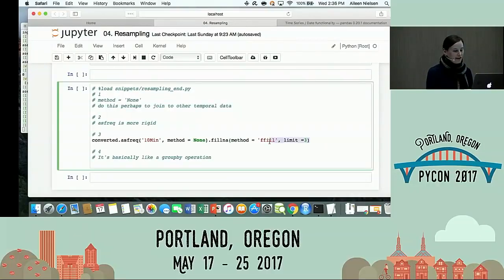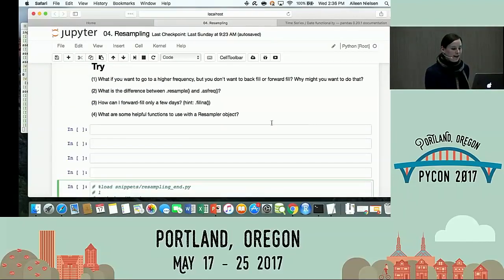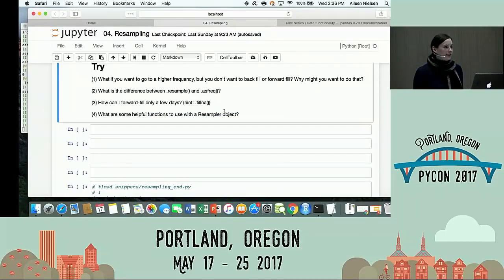So one thing is just a fillna, right? Just standard pandas methods that aren't even time related. So I could, for example, do an asfreq, bring it up to my faster frequency, start with a method of none, so originally everything is a NaN. Then once I have all my NaNs, pandas gives me all sorts of ways to just deal with them, even apart from time functionality. So I can do a forward fill on my NaNs and put in my limit there. And that's an example where if you have that domain knowledge, you can do a partial forward fill. And then again, with the resample, just to hammer in number 2, a resampler object is just like a group by. It's just a way to do these aggregate statistics over larger periods of time as you are downsampling. Okay.